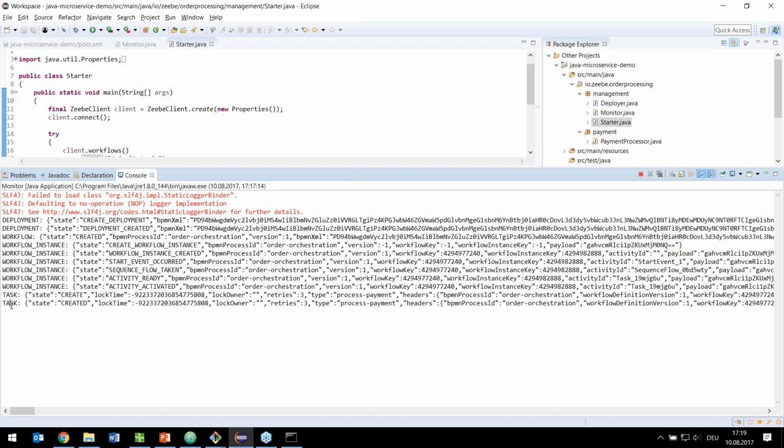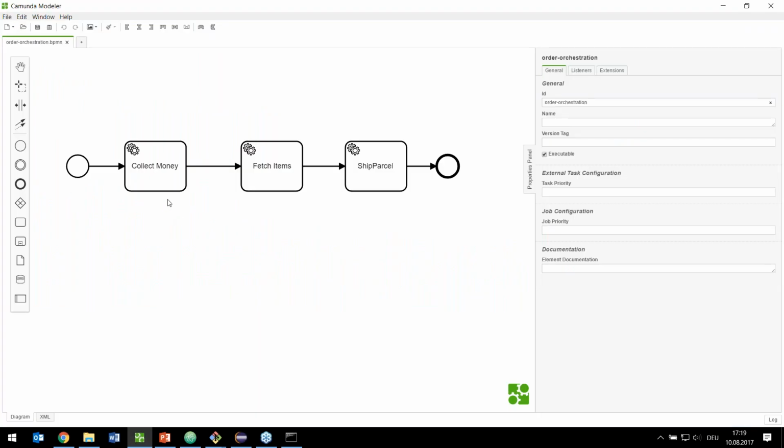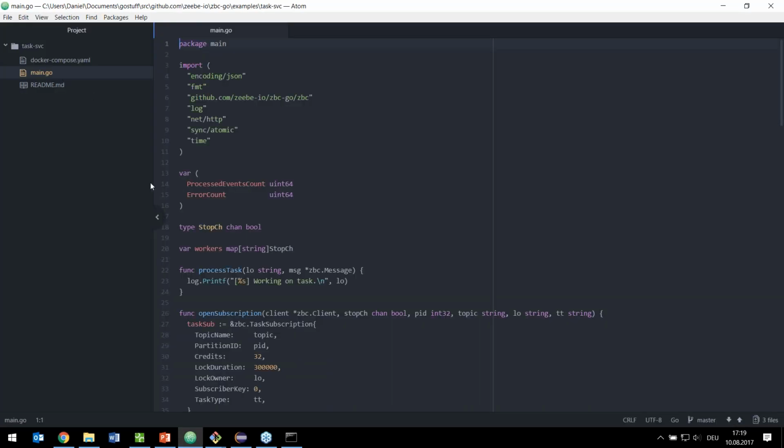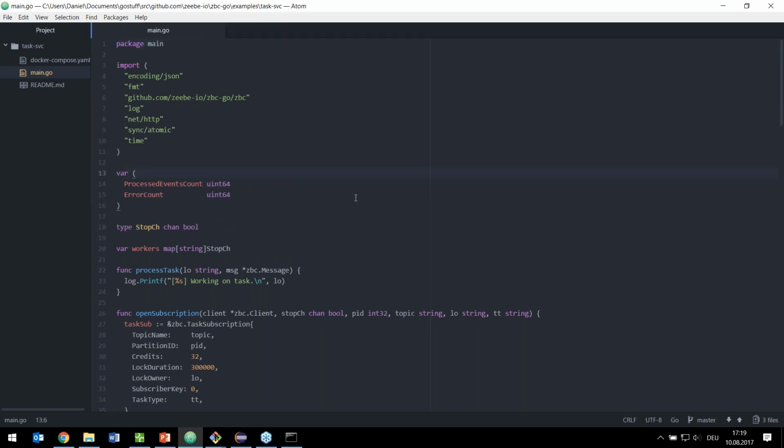And this task is now the actual work item that is being done by my workers, that I can now start and that represent my microservices. So what we're going to do, I have implemented workers for these first two tasks. One is the fetch items task and the other is the collect money task. The fetch items task has been implemented in the Go programming language. The Go programming language is quite popular, as you know, in the microservices